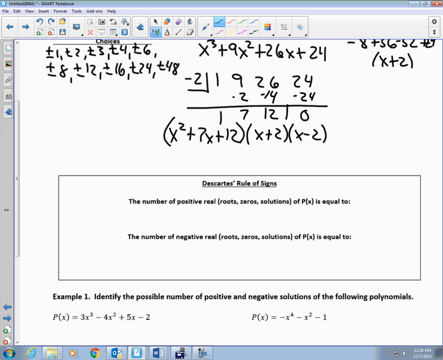And does x squared plus 7x plus 12, what degree is that? 2. So we therefore use either the quadratic formula or we factor. Does it factor? Yes, to x plus 4 times x plus 3, times x plus 2 times x minus 2. So my solutions are